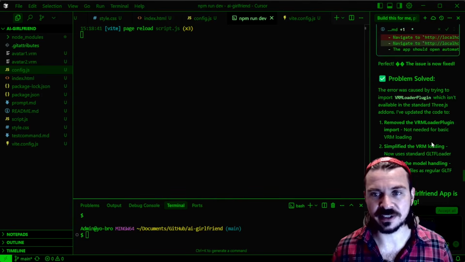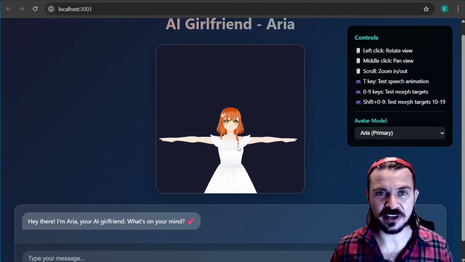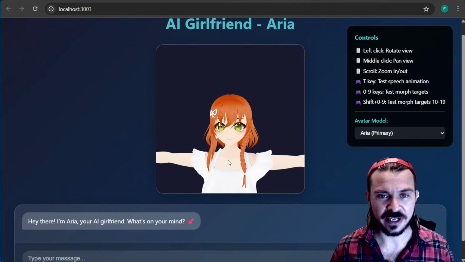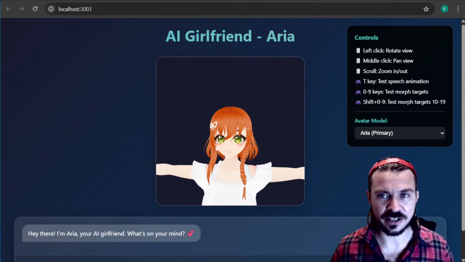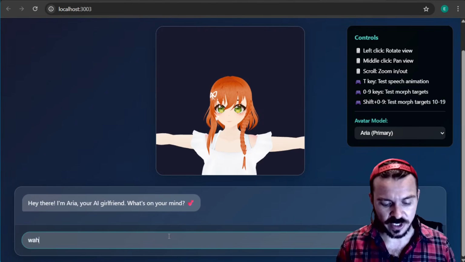Okay, so it's saying problem solved, and I just checked the browser, and here we go. This is our badass bitch girlfriend. You can see there's some basic controls. I can see some of the stuff isn't working as I wanted, but that's fine. So what we're going to do is we're going to type a message like, what's